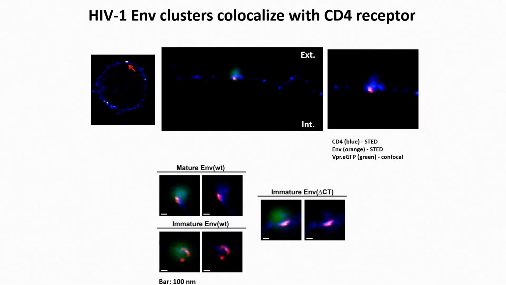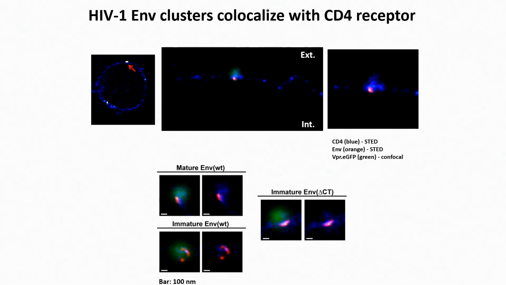Then we also looked at how those Env clusters colocalize with CD4 receptors. Here was an image of a cell and a virus on the surface of the cell. Once again, we went down to the level of individual virus particles, and we visualized how the clusters of Env interact with CD4, which is in blue in this case, and how the virus being immature or mature, or missing a portion of the Env,